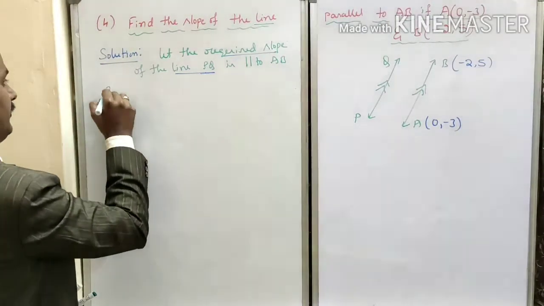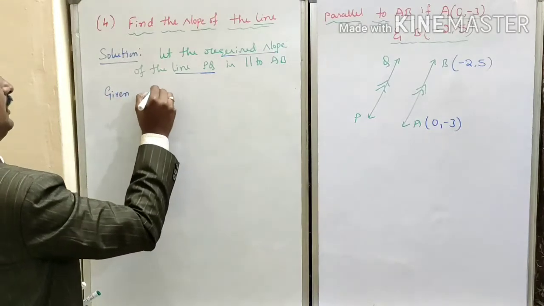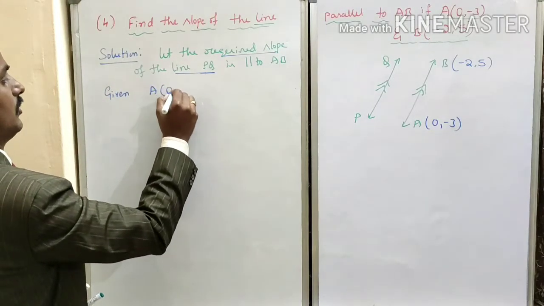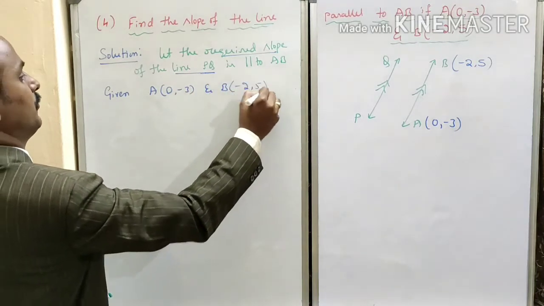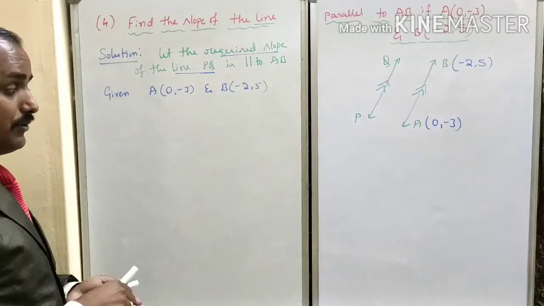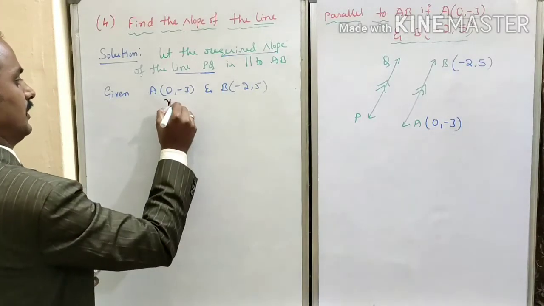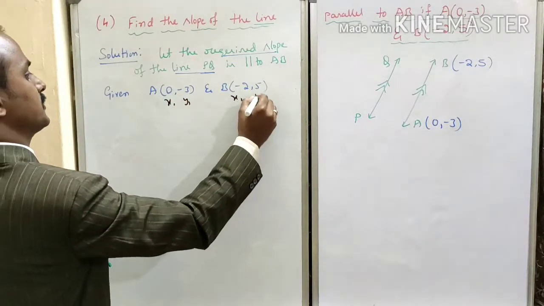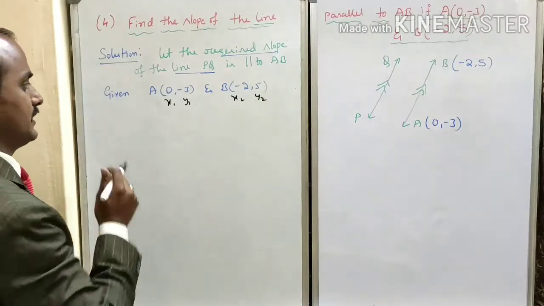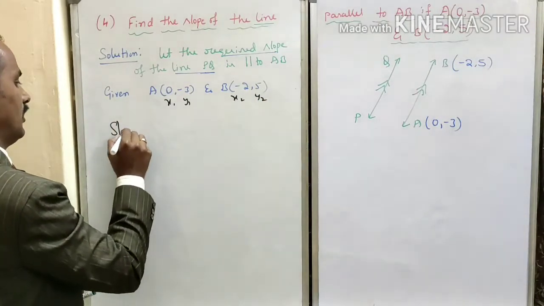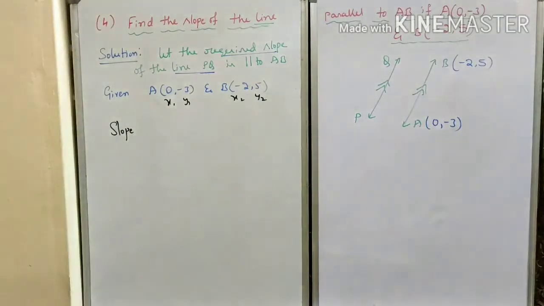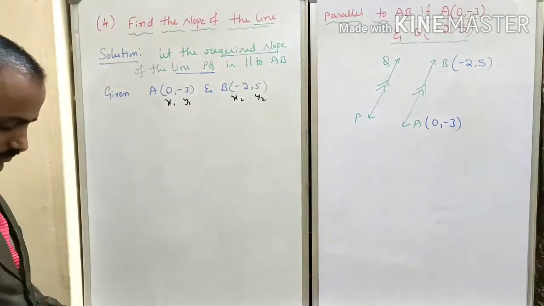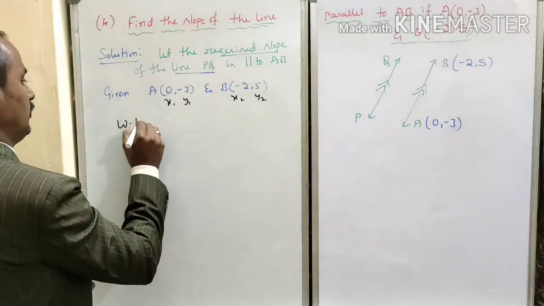Okay. Given: A coordinates are (0, -3) and B coordinates are (-2, 5). I'll name the coordinates x1, y1, x2, y2. Coming to the next step, dear children, I will write down the statement. We know that